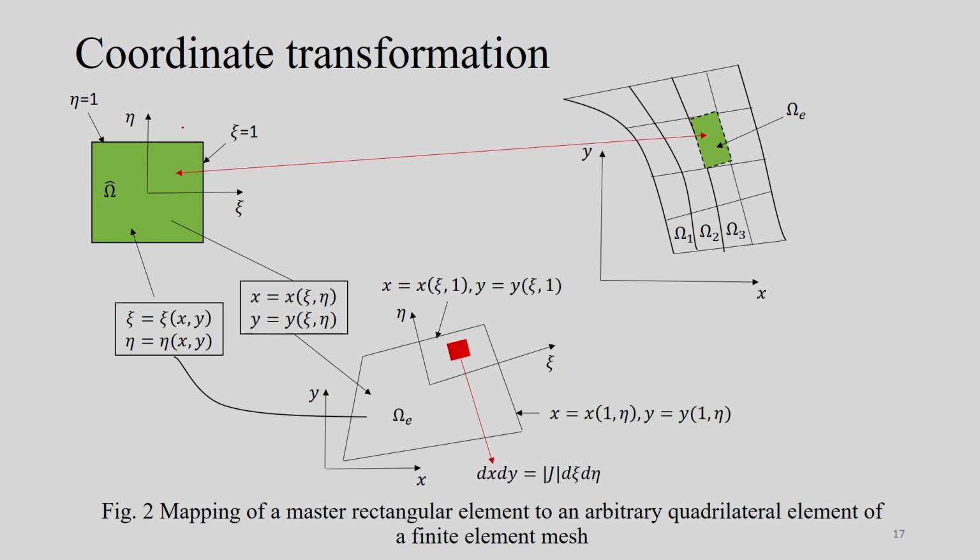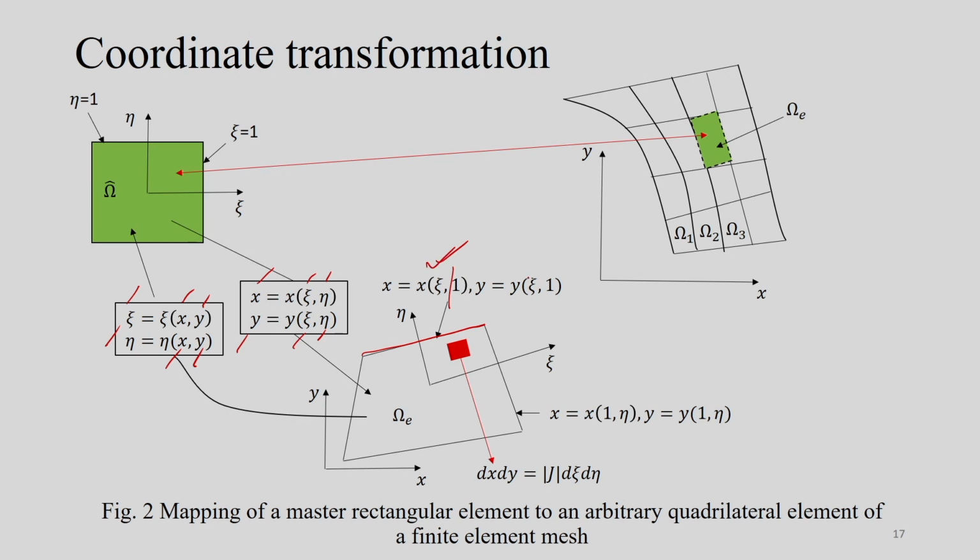You can also express the coordinate transformation mathematically like this. Suppose this is the actual domain, one particular domain; we can transform this into the local coordinate system. Here xi and eta can be functions of x and y, because x and y are the actual global coordinate system and we have the data of x and y. So, x can be represented as a function of xi and eta, and y can also be represented as a function of xi and eta. Along the edge also, eta equal to 1, but there is a variation of xi.